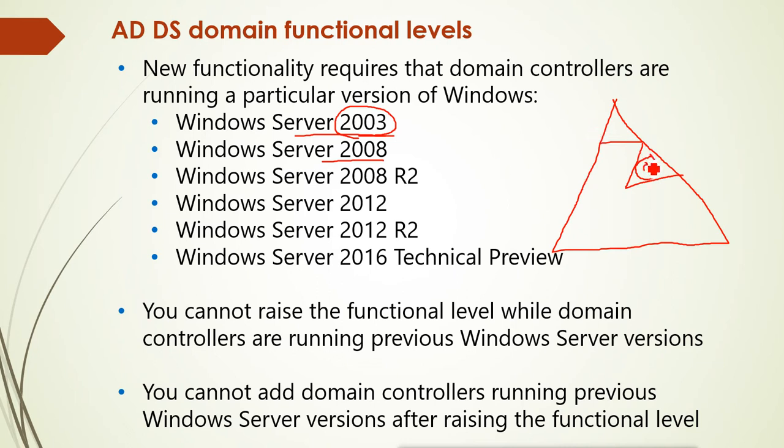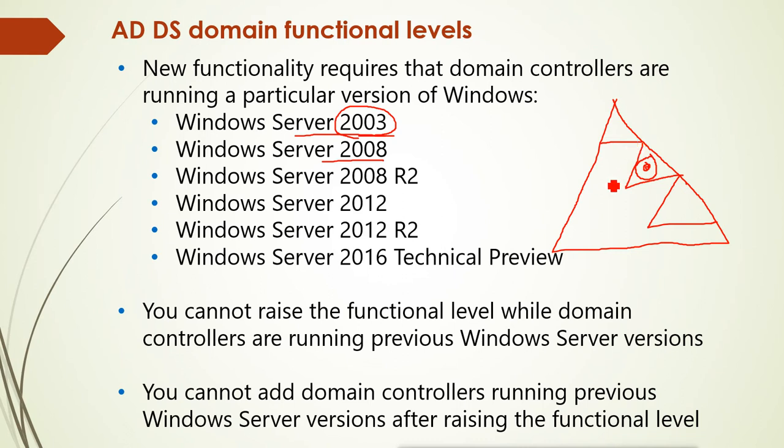If you cannot increase the domain functional level, then even though you are using Server 2008, you will not get the latest features available on Server 2008. You have to still work as if you are using Server 2003. So if you have multiple domains in your forest, you have to take care of the functional level. The functional level is there for compatibility with old versions of the Windows operating system or Windows Server domains. It is to be compatible with the other domains.